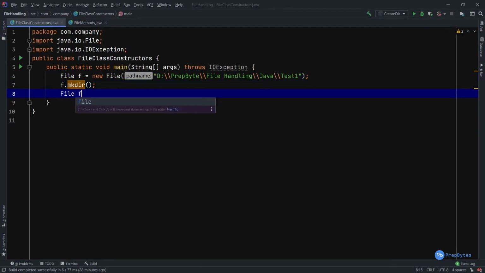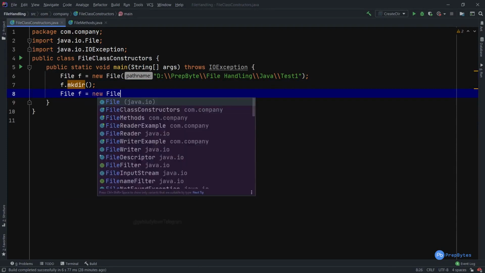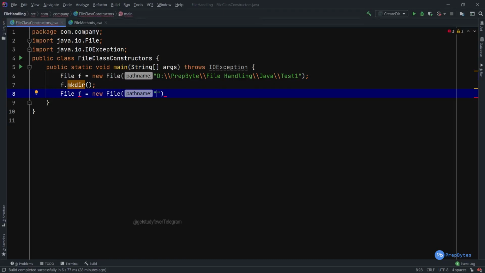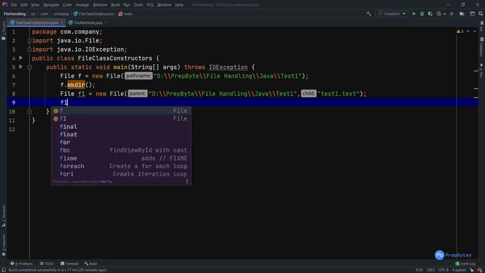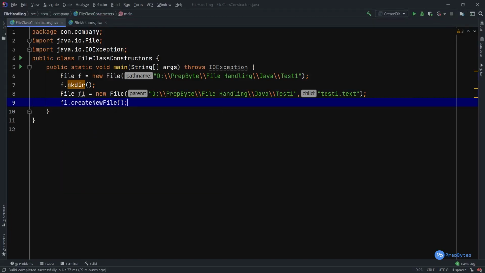Now let's use the second constructor. In this new directory, I want to create a file. So I will pass the path of this directory and I will create a file test1.txt. Fine. So to create a file, what do we have to do? We have to call f1.createNewFile. Then File f2,